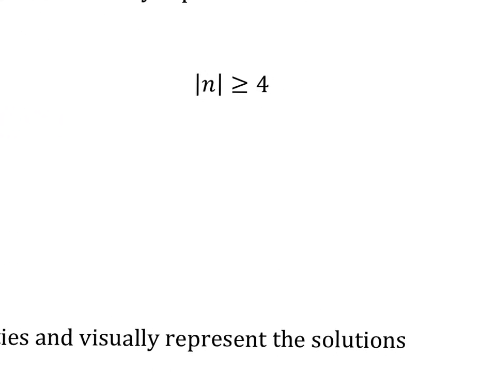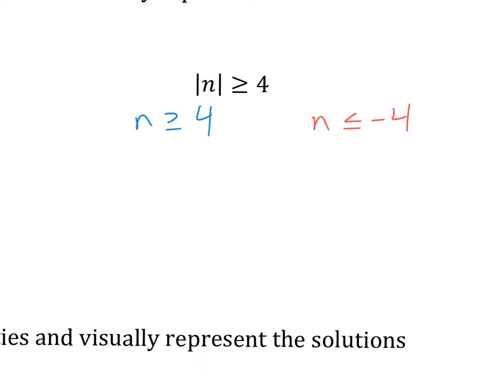All right, let's look at this one here. We have our first inequality will be exactly as we see it, but without the absolute value bars. Our second one will be n, we'll flip that inequality symbol, so n is less than or equal to, and we'll make it a -4. Okay, so the absolute value of a number is going to be more than a distance of 4 away from